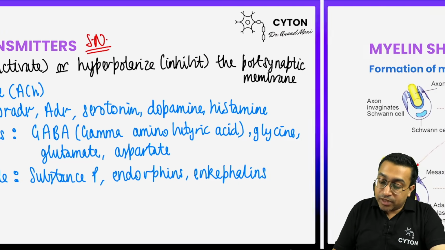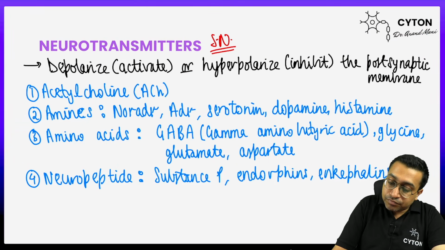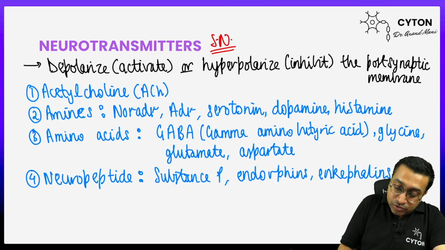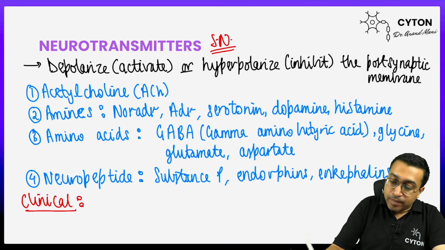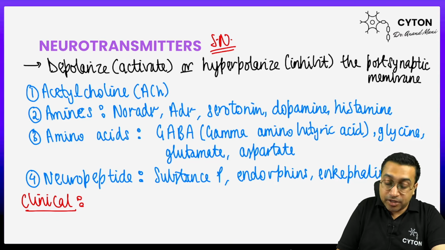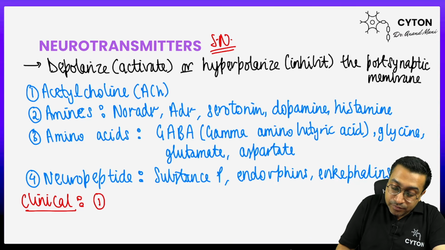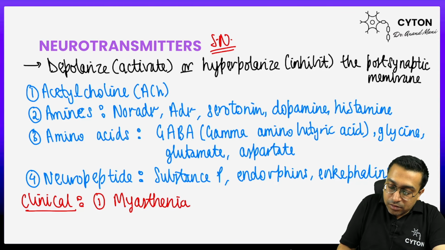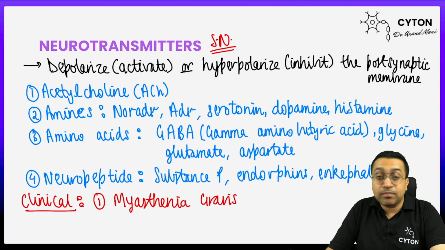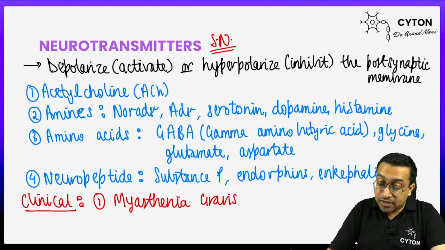Okay, then talking about the applied, which is my favorite part. So clinical. Now in clinical applied anatomy integration, the number one condition which we have here is myasthenia gravis. If any of you guys are planning to do USMLE, you can remember these clinicals side by side,